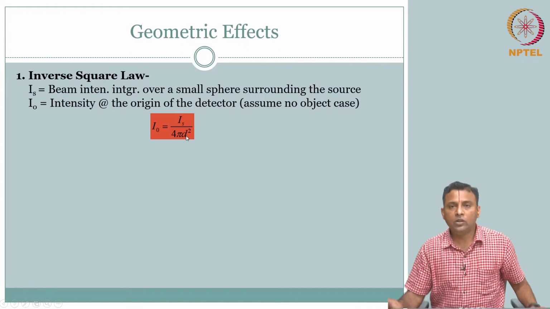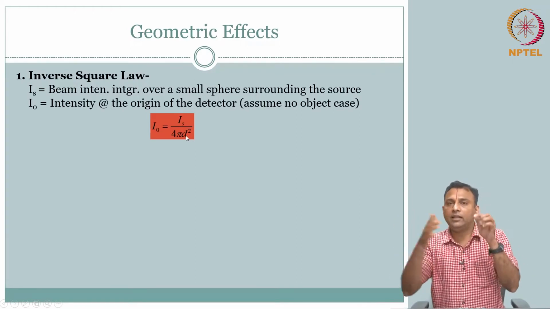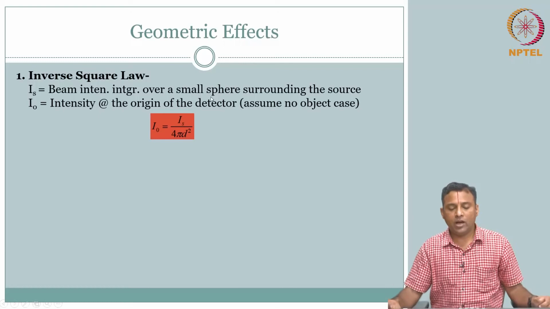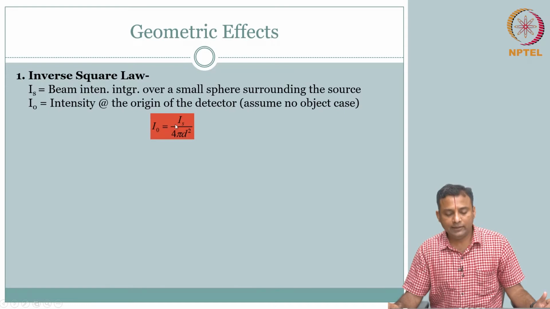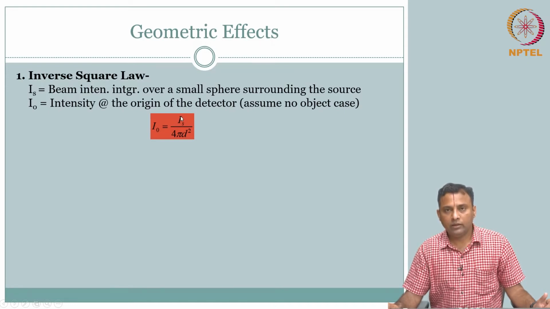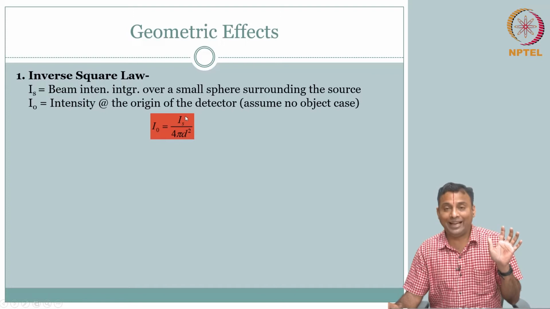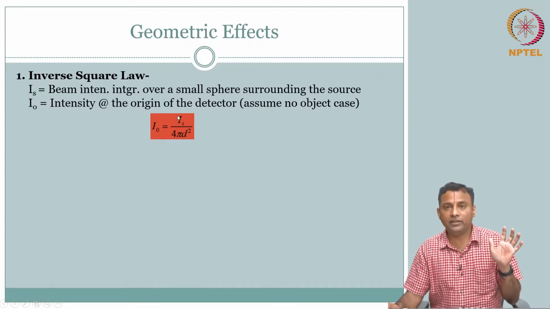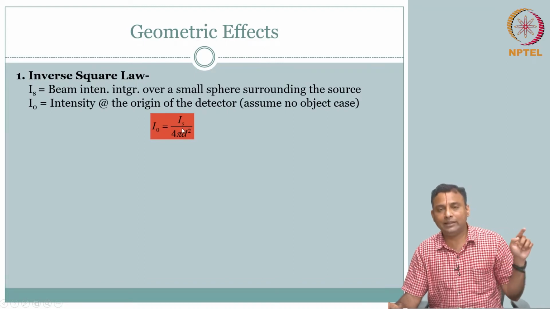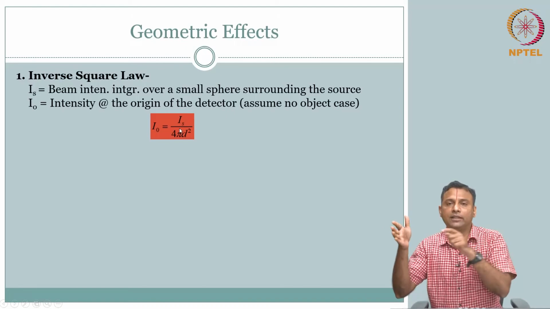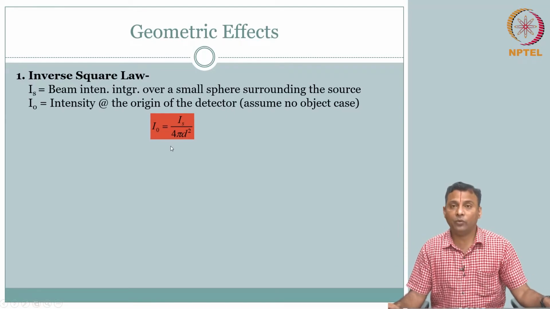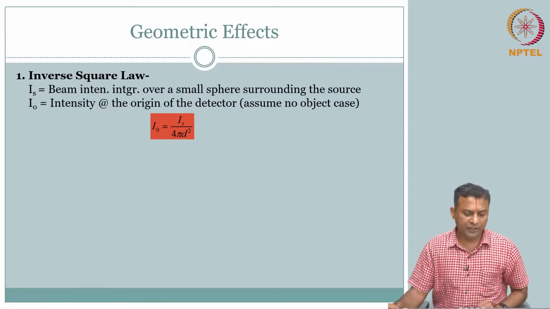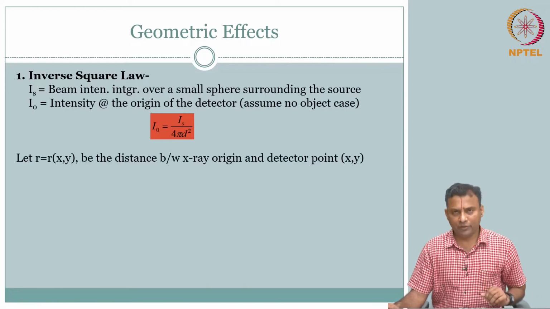So what is this d? This is the distance between the source and the center of the detector. So at the center of the detector, you are going to have an intensity that is reduced. I have no object, so technically it should be Is, but it is not going to be. It is going to be reduced by 4 pi d square, the distance of separation between your source and the center of the detector. And this is very handy. This will be used again and again, because it is a very simple formulation, and it is very powerful.